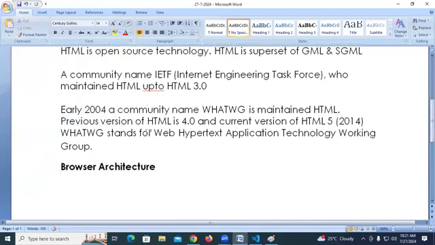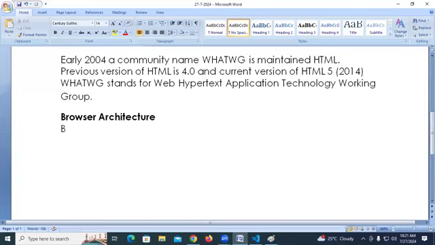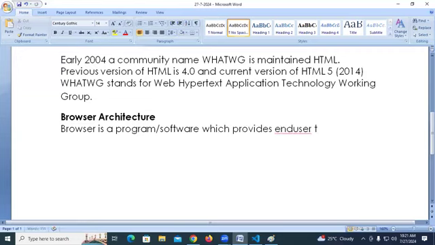The browser is a program, or software, which provides the end user a way to communicate with